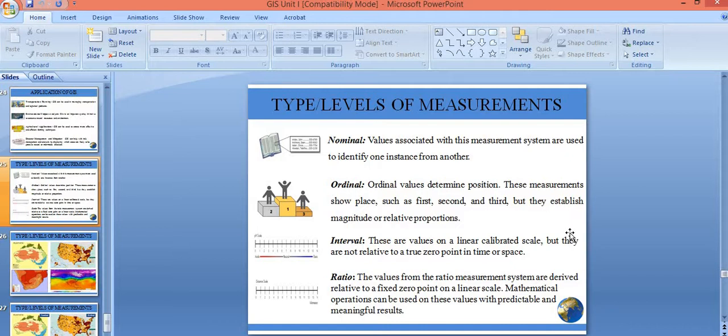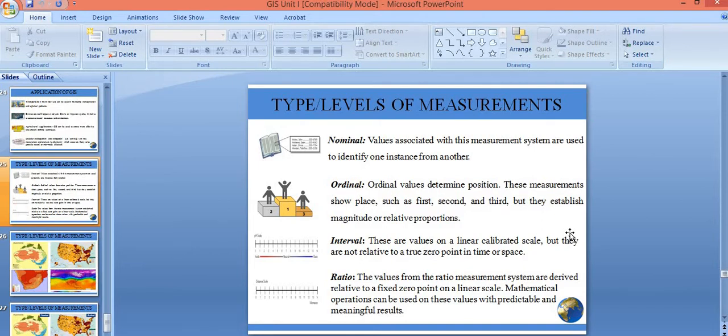And the third type is interval. Interval means you will be having values for this field within a range, from some value to some value. The next one, ratio, is also very similar to interval, where you will be having values between a range. But the difference between interval and ratio is, in interval, if you say 0, it means that 0 is also a value. The 0 doesn't have the real meaning of 0.